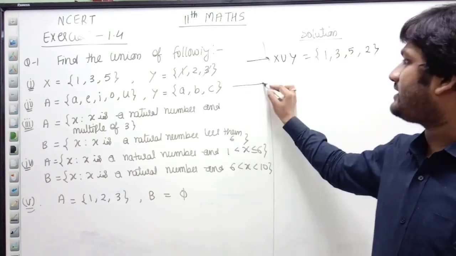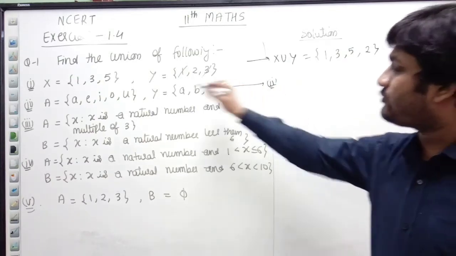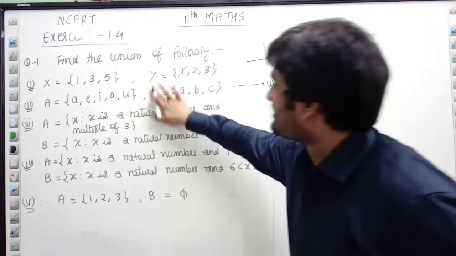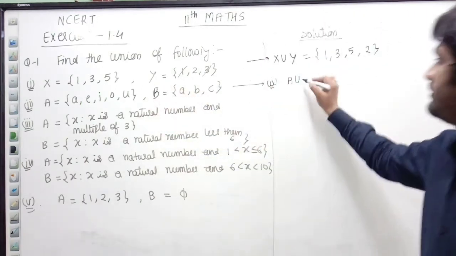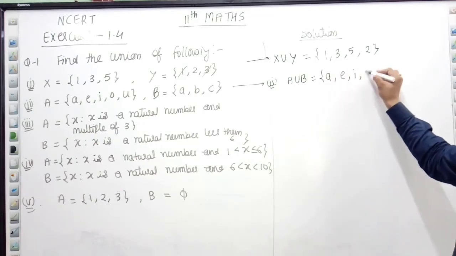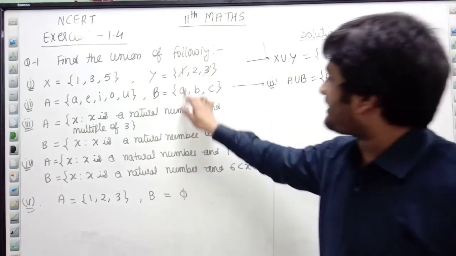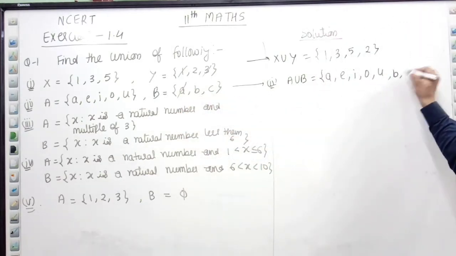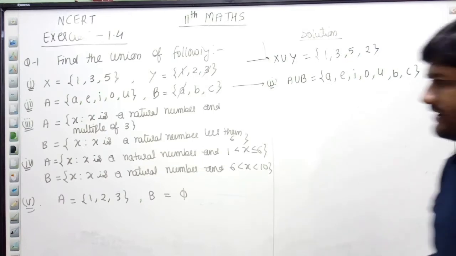Now the second part, we have to find the union. What I always do, I generally, this is A and this is B, sorry. I first write the first set complete. Now common element I am cutting. What is left? B and C, that I am writing. Order is not important, right?